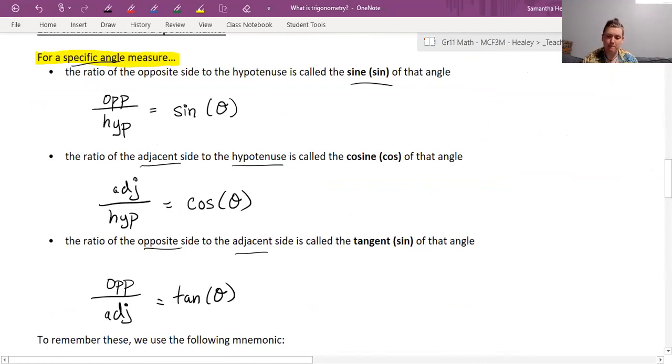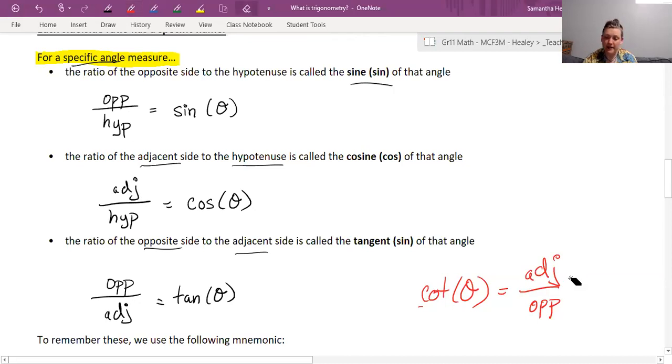They just compare in different ways. For example, there's one called cotangent. If you have the cotangent of a specific angle, that's the ratio between its adjacent and its opposite sides. But you'll notice we already have tangent, which compares opposite to adjacent. Because we have all the combinations possible with sine, cosine, and tangent, those are the ones we're going to use. The other ones you can use, but they just give you more options of different